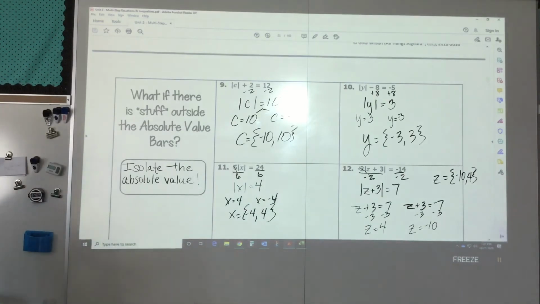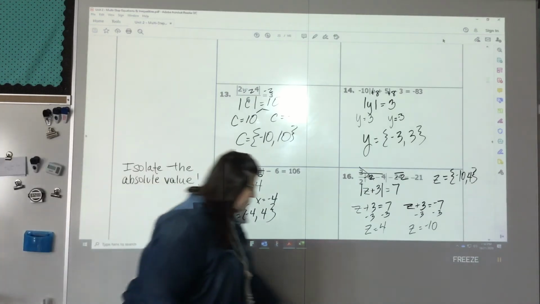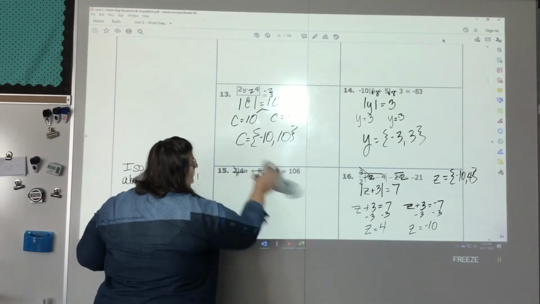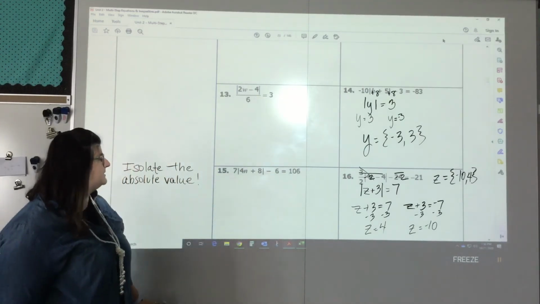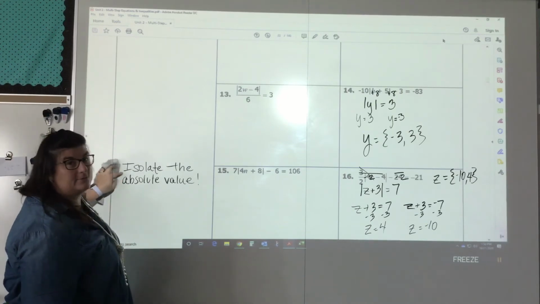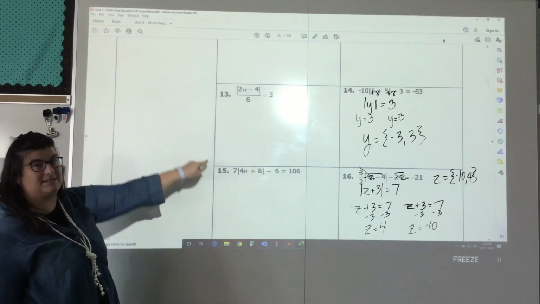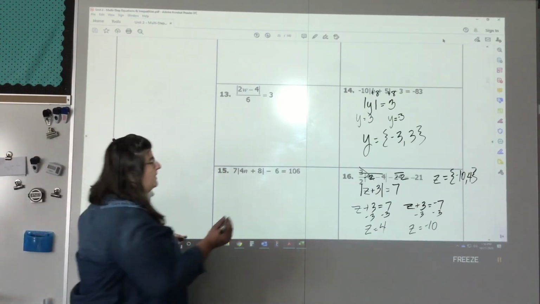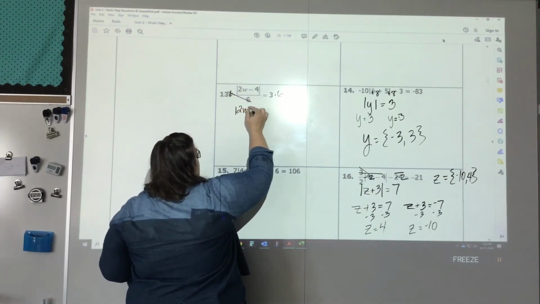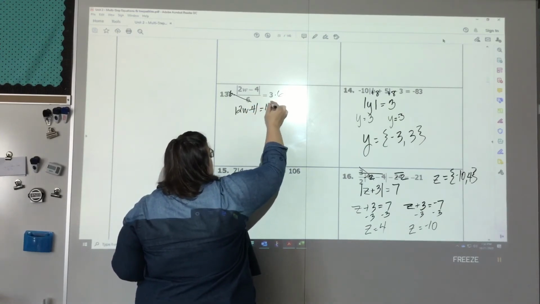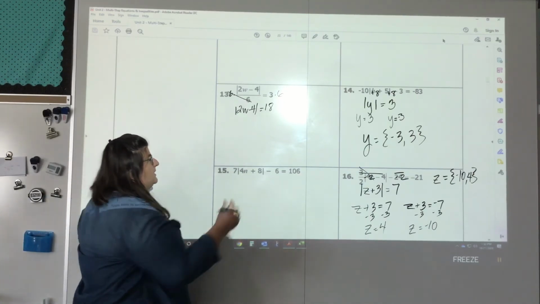All right, one more on this part. We're going to take a look at number 13. I want to get that by itself. I need to isolate the absolute value. So in this case, it's being divided by 6, and the inverse of division is multiplication. We're going to multiply both sides by 6. So I've got the absolute value of 2w minus 4 equals 18. The absolute value is isolated, so now I'm going to break it apart and set it equal to 18 and